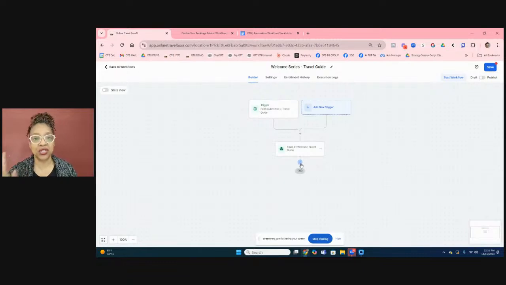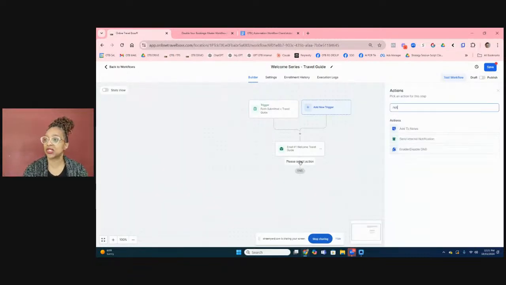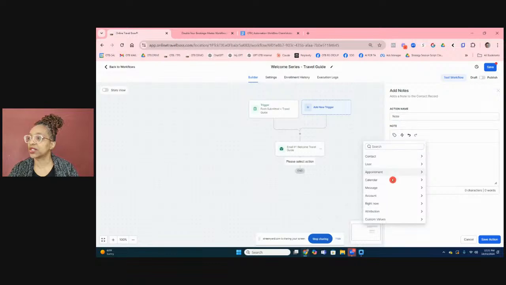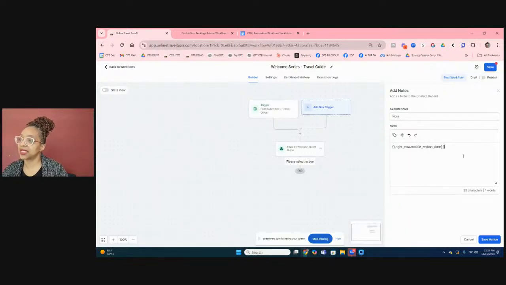And so let's do the note first, because I really like this. We're implementing this in pretty much all of our workflows: we add a note to the contact record, and you can add a note after every action. What I like to do is a "right now," which is a date and time type of thing. I don't really care so much about the time, but I'm going to put the date, and then I'm going to put, downloaded